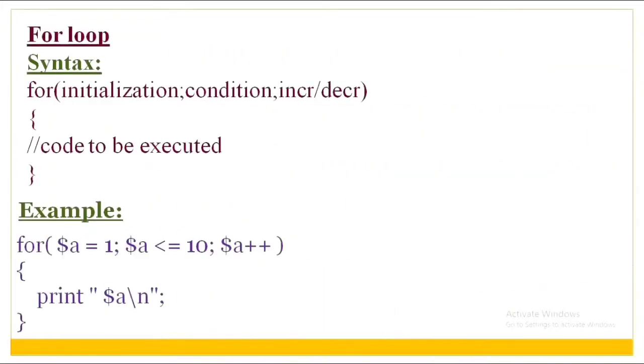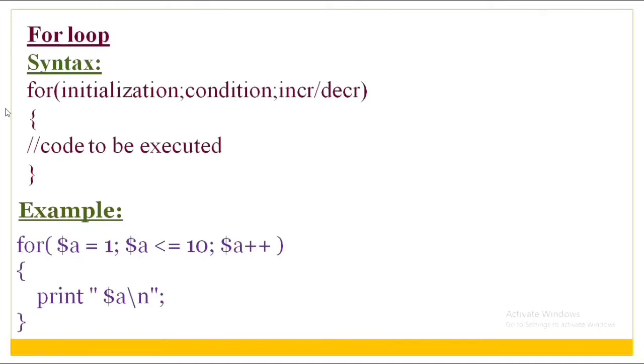For loop. The for loop iterates a statement or a part of the program several times. If you look at this syntax: for initialization, semicolon, condition, semicolon, increment or decrement. First, initialization. This part is executed first and only once; it initializes and declares loop variables. Next, condition. The for loop executes as long as the condition is true. When the condition is false, loop execution stops and terminates out of the loop. Next, increment or decrement. The for loop variable is incremented or decremented as long as it satisfies the loop condition. When the condition is not satisfied, the loop terminates and the output is printed.